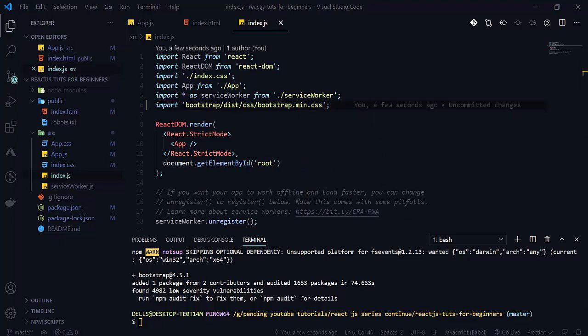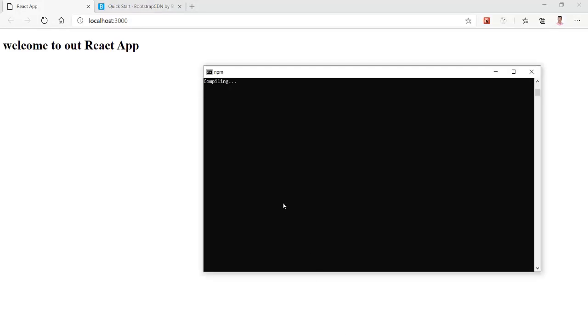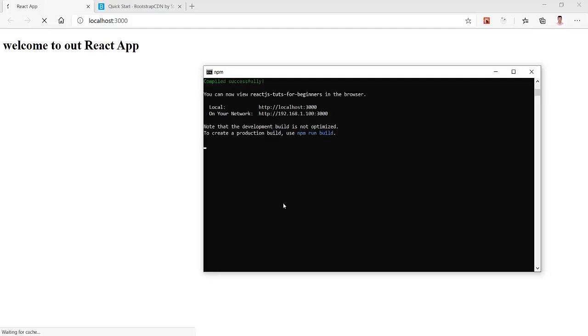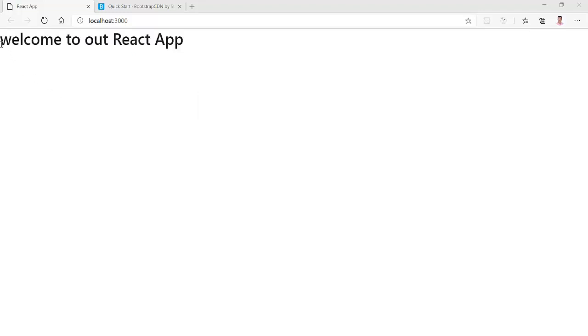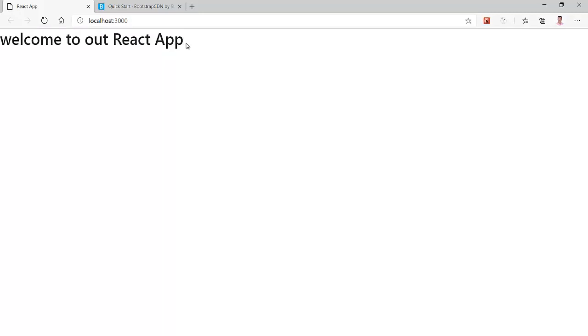Now it will be compiling. Let it be compiled. It is compiled successfully, and now our page is refreshing. See that the font size and font are changed, so now Bootstrap is working.